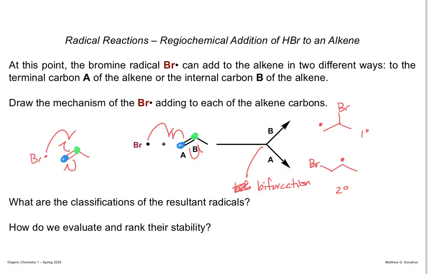Remember when we were learning about C-H bond cleavage, in terms of what's the easiest thing to break? It was tertiary, then secondary, then primary. So that's the order of stability. So it's more favorable to form a secondary radical than a primary. So the secondary radical is lower in energy. That's going to then move forward